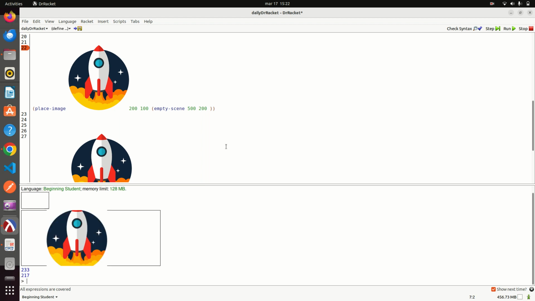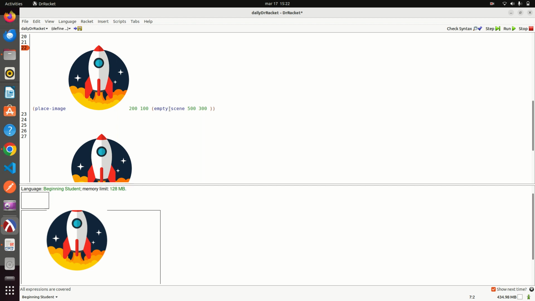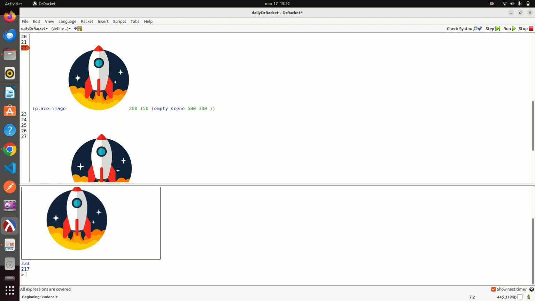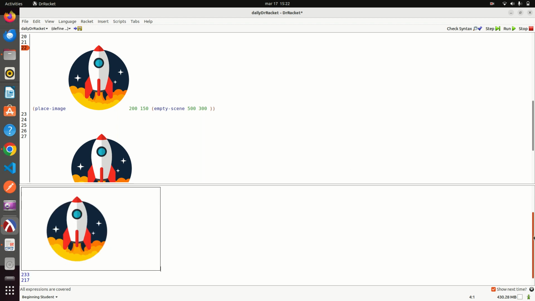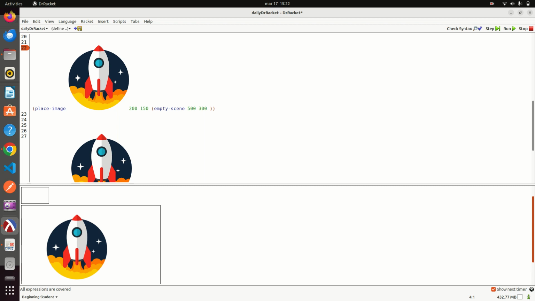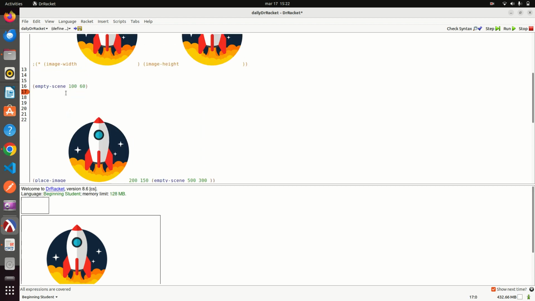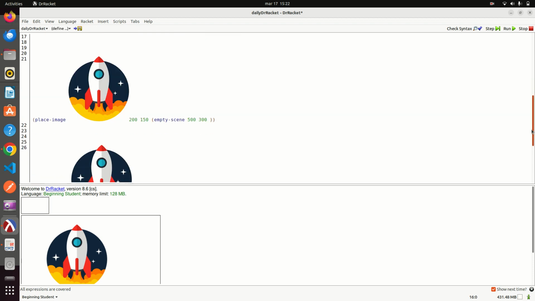No, it's 500, 300 is better. But what we need to do is push it more towards the center. So we do this as 150, more down, because as we saw, it's top to bottom, and now we see it perfectly at the center. It's not supposed to be at the center, but still, and just to make life a little bit easier, we delete this and we delete this as well,